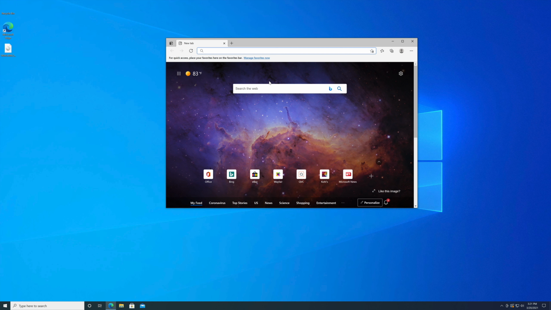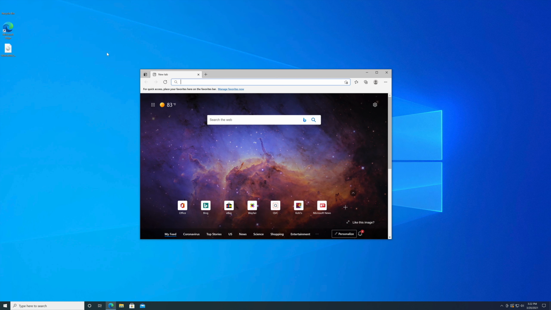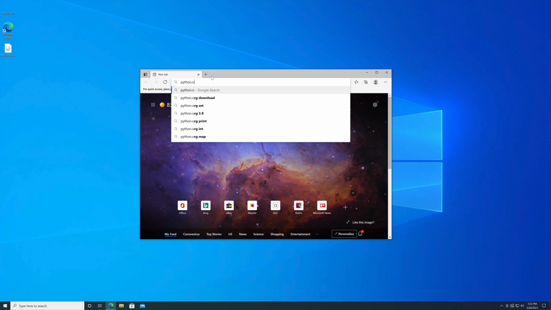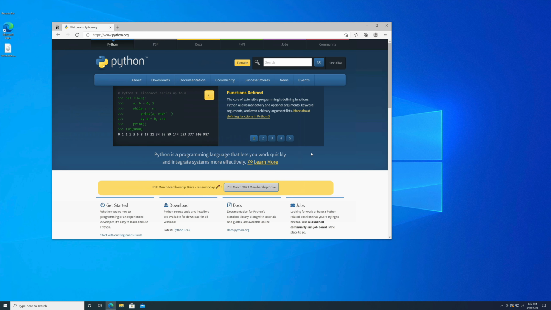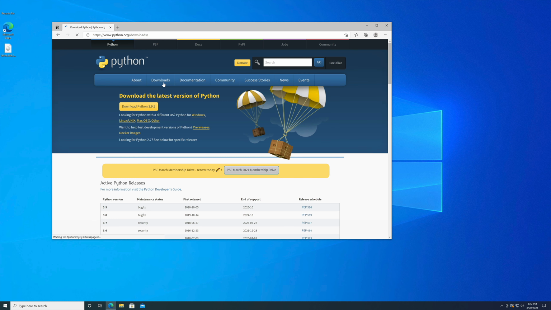First, we teach you how to install Python onto your computer. Open your favorite browser. My browser is Microsoft Edge, and you can use Chrome or Safari, anything. We are demonstrating using Windows. Go to python.org and click download, the yellow button, to download Python 3.9.2. If you use macOS or another OS, it will automatically detect your operating system and show the right version here. So just press this yellow button.